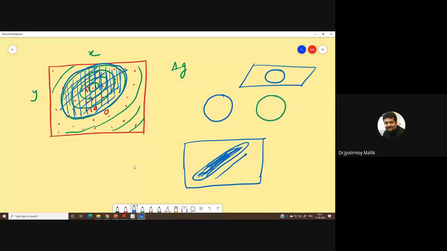I will certainly not drill a well here, right? Perhaps I will not also drill a well here. I might drill a well here, I might drill a well here, I might drill a well here, just by looking at the shape of the gravity anomaly, just by looking at the gravity anomaly map.